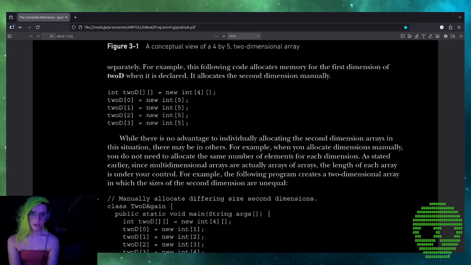int twoD[][] = new int[4][]; twoD[0] = new int[5]; twoD[1] = new int[5]; twoD[2] = new int[5]; twoD[3] = new int[5];